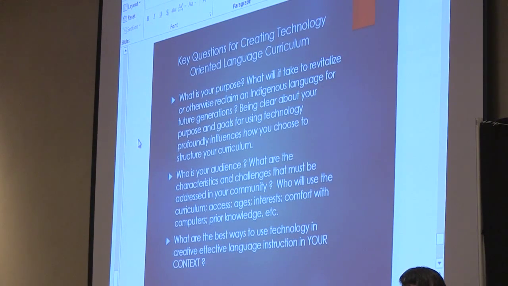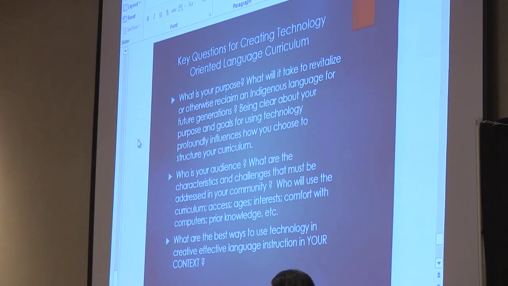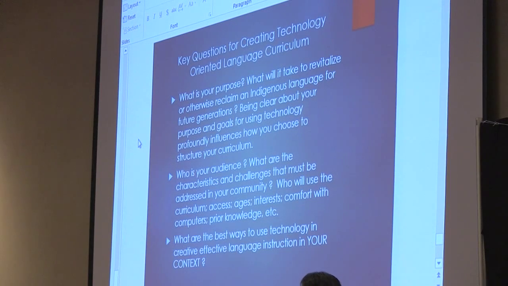So what I really want to emphasize is that curriculum, if it's going to work for a community, really has to come from the community itself. It really has to be tailored around the community itself. The packaged programs, yes, are useful, because we have a lot of packaged language programs. They're useful, but if you use them by and of themselves, they don't have any of this contexting whatsoever. They can and should be used, but in strategic ways connected to what you've already done as a tailored curriculum. Okay? So that's the big difference.